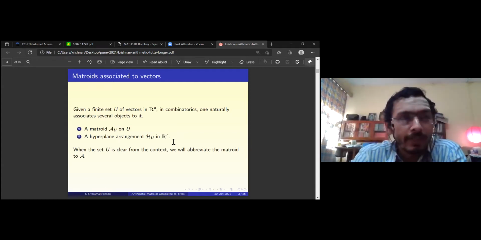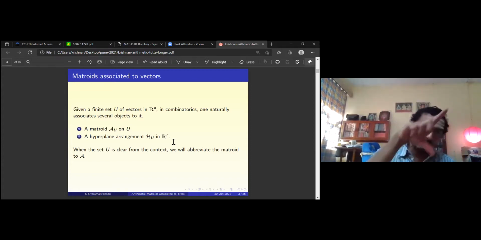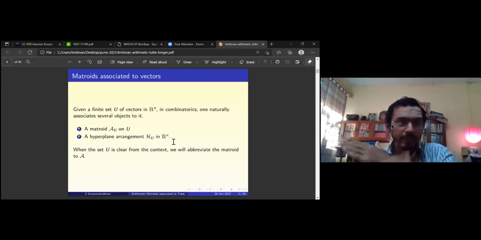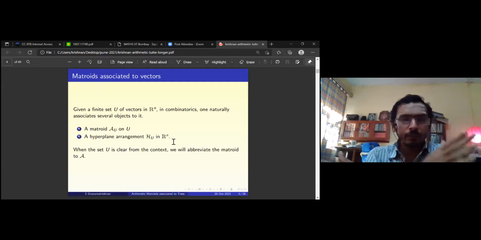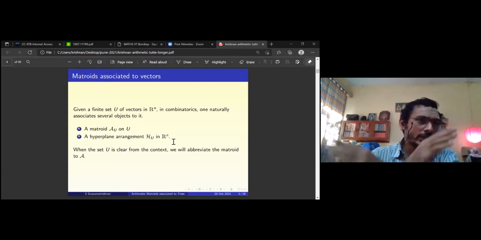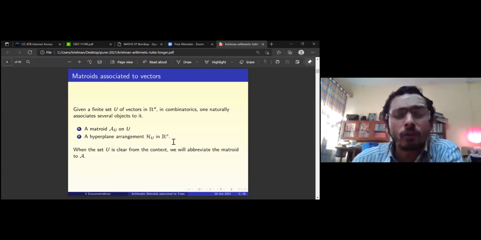Such enumerative questions are well studied in combinatorics. So in general, if you have a vector, you can think of it as a normal vector to a plane. The normal vector defines the plane. And then you have several such planes. You can ask, what is the number of regions that R^n minus this set of planes has? Things like that are always of interest to study.